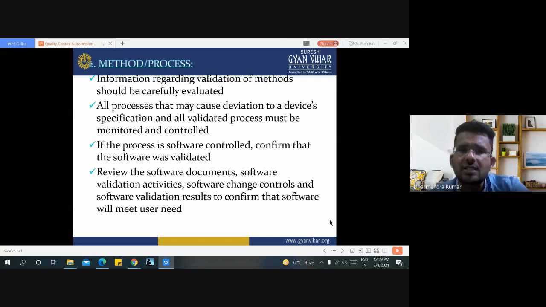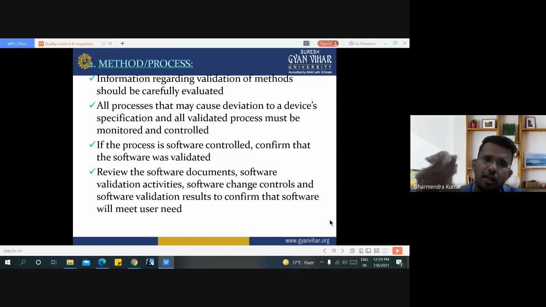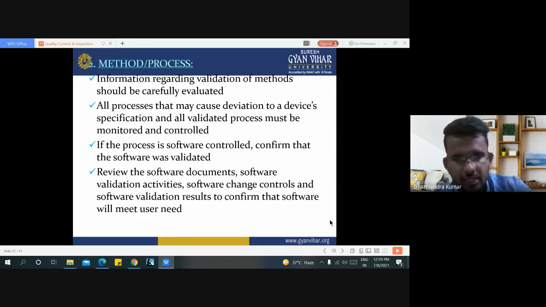All processes that may cause deviation to a device specification and all validated processes must be monitored and controlled. Obviously, the control is done by the operator who is operating that machine, or who is responsible for operating that particular method or process with the help of that machine on any workpiece or any job.